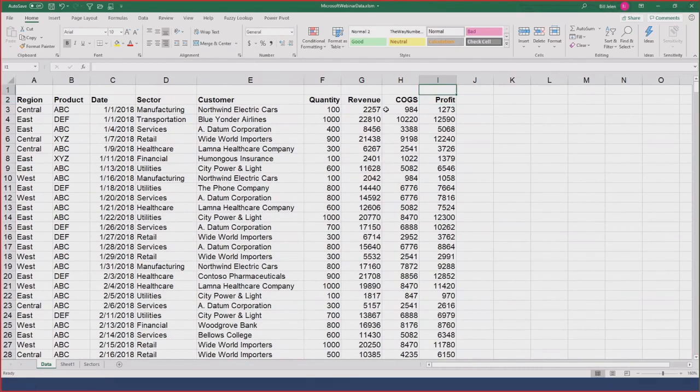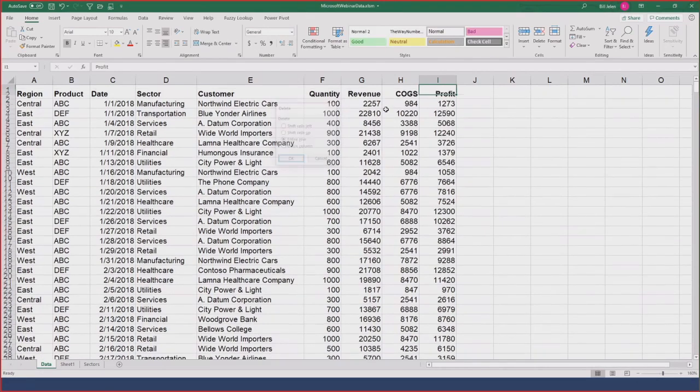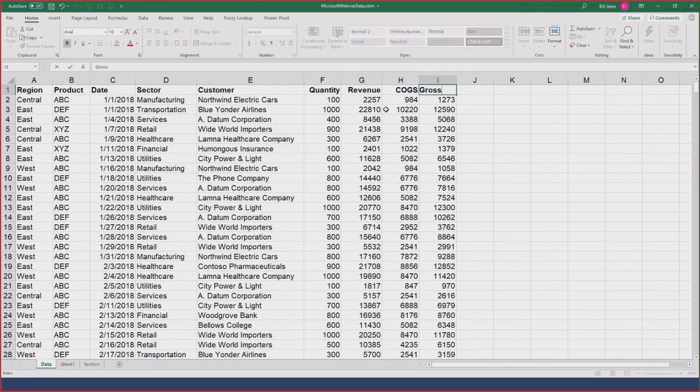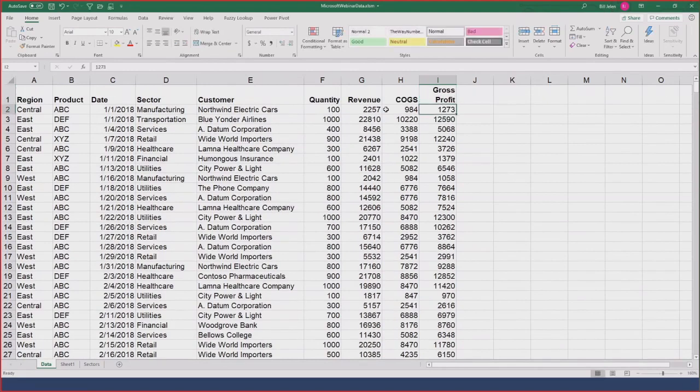So you want to keep that heading in a single row, and if you really need it to look like it's on 2 rows, my favorite trick here is to press Alt and then Enter. Goes to a new line in that cell. All right, so Alt Enter. It's like turning on wrap text, but it allows you to control where the words wrap. So that's a cool little trick there.